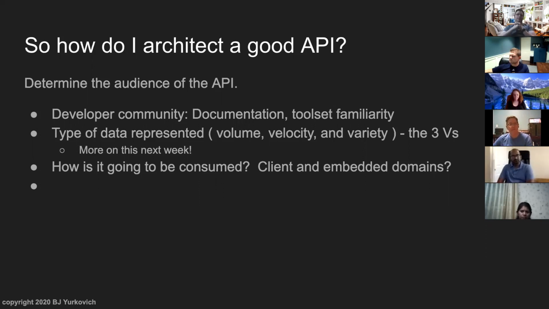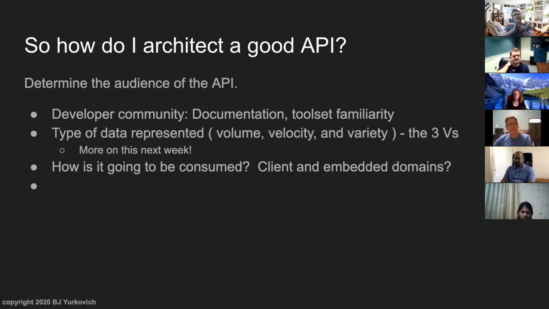So from that perspective, always keep in mind how you structure it, what it means, and really what it comes down to is the documentation and the tool set familiarity. Good APIs, from what I've experienced, always have good documentation. And you guys know this, right? I'm preaching to the choir. We're all engineers. We all deal with this stuff on a daily basis. You end up not using stuff that's not documented well, right? That's just the nature of the game. So if you set out to make an API, make sure you document it, or else no one's going to use it.